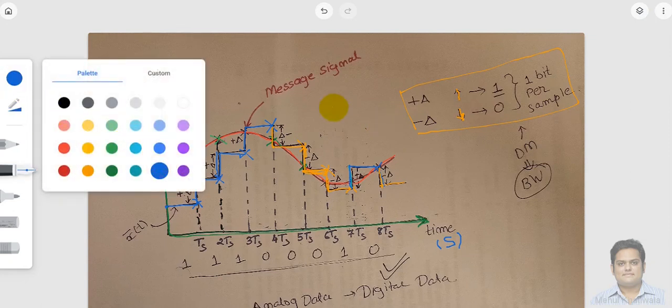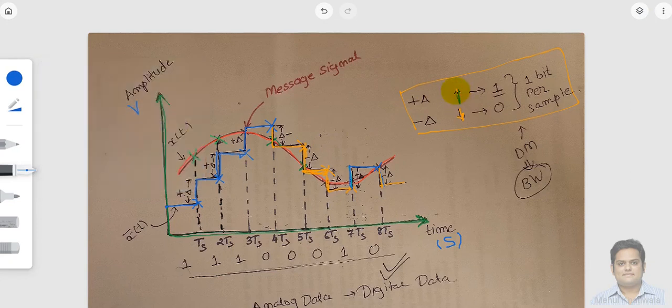If I am going in the up direction, I have used the blue pen. Whenever I am going in the up direction, I am going to generate digital bit 1, and whenever I am going in the downward direction, I am going to generate binary data 0.